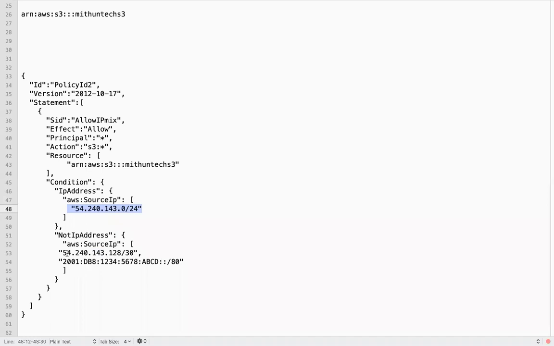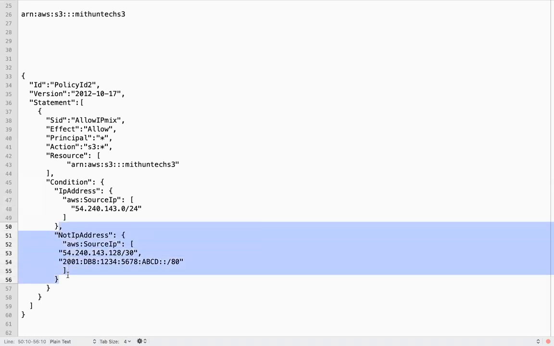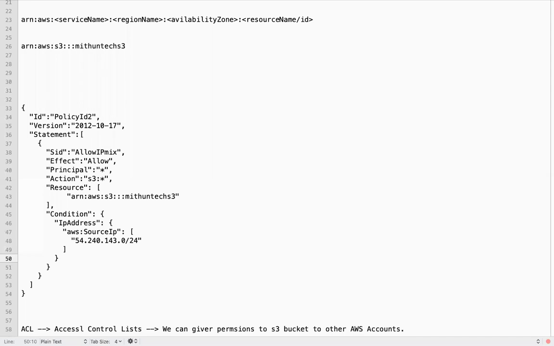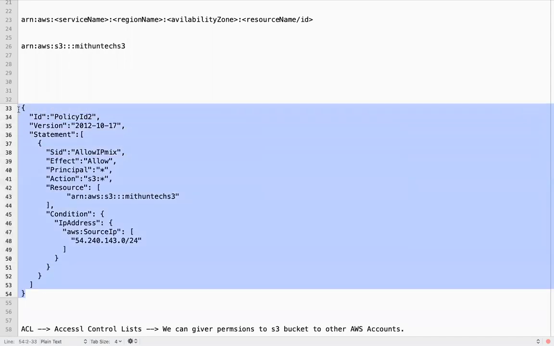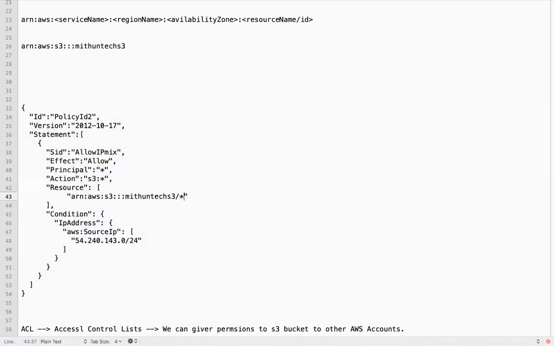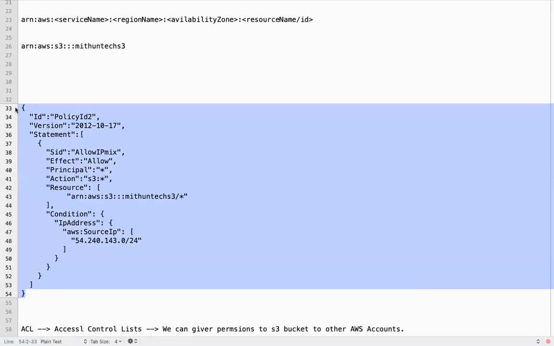Within the same network, if I want to block some other range, I can give a not-IP address. So I can block the access or I can allow the access. As of now, let me just give this access. Now if the request comes from this, then only it will work. What does /star represent? Any object within this S3 bucket.